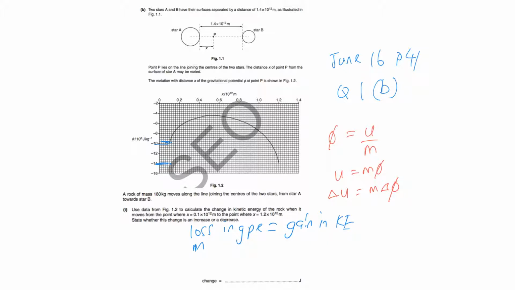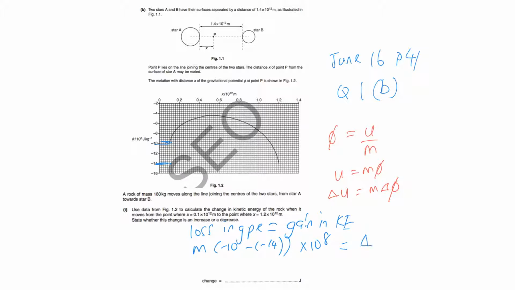Let me just write nicely. So this will be m, the mass of the stone, times the change in potential: the bigger potential, negative 10, minus the lower potential, negative 14. So basically you're going to get 4. Don't forget there's a power of 10 to the power 8 there. So that will be equal to the gain in KE,